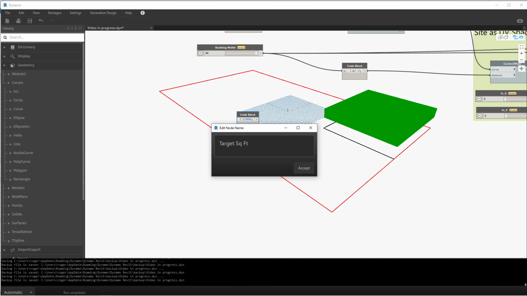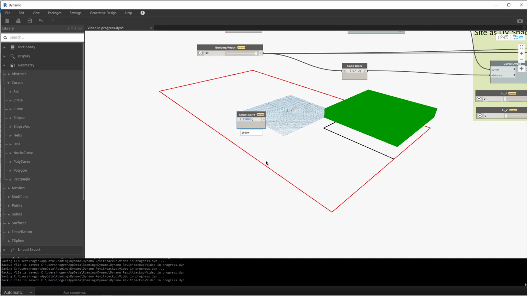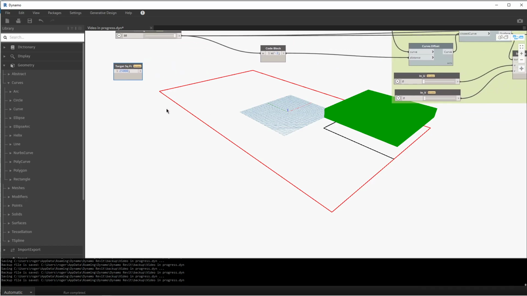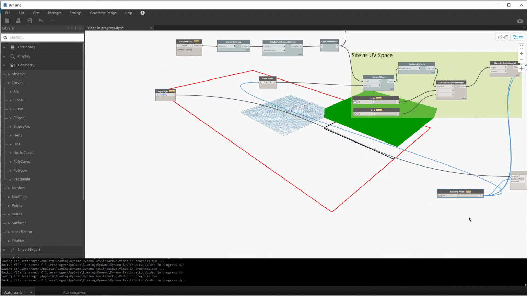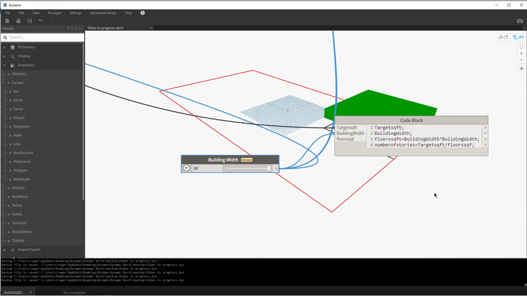square feet. That can be divided off because it's not a variable. Okay, so that gives us an output of 25,000, and we can just go in and change this. It could also be a slider if we wanted, but for the sake of the start of this, I'm going to feed the target square footage into it, and I'm going to put the building width into it, and for now I'll pull this down so we can look at this really closely,